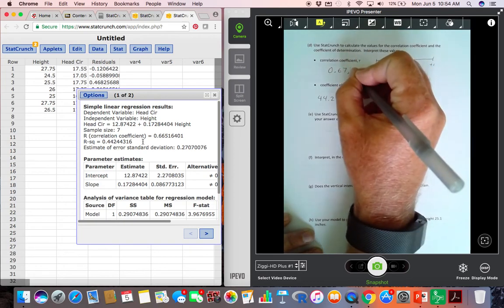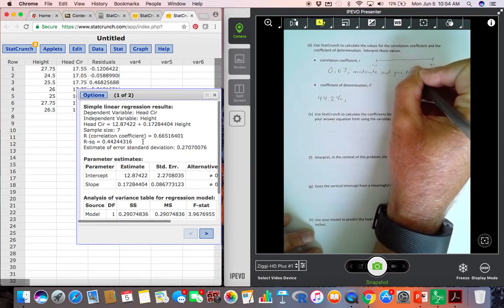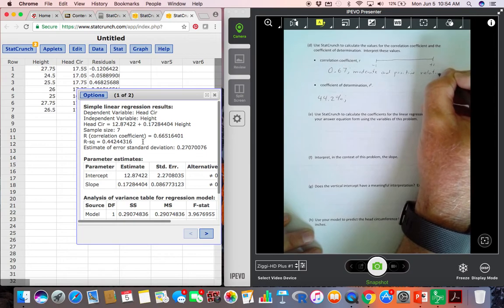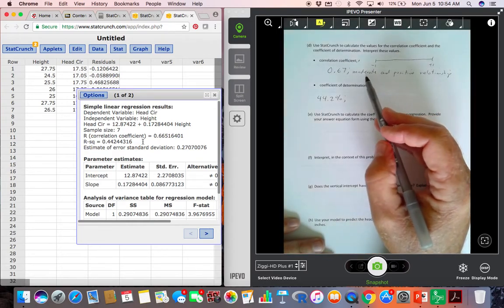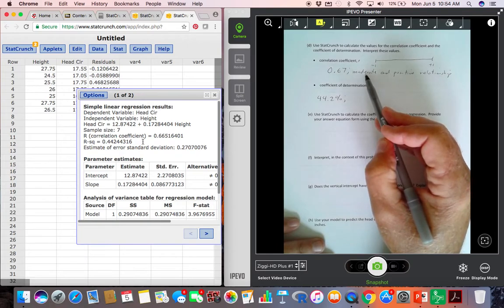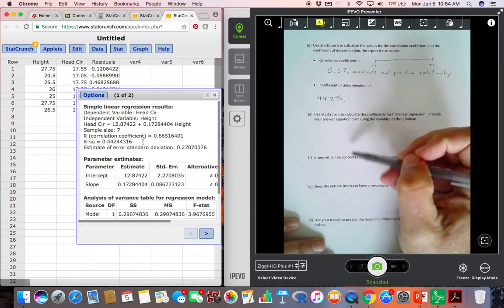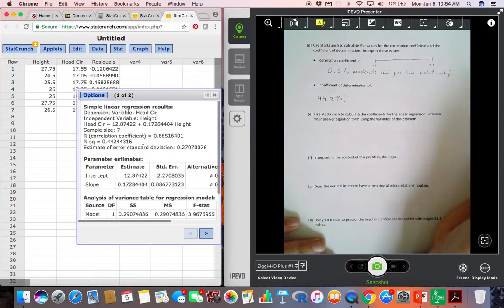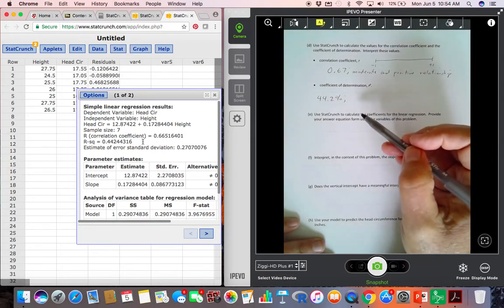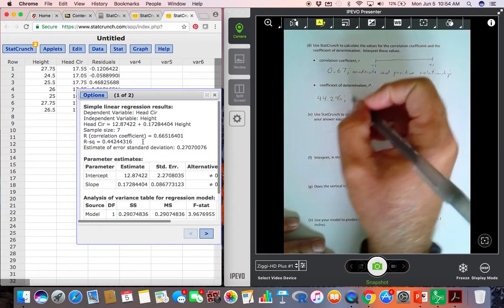But this tells us that we have a moderate and positive relationship. So maybe not as strong as we would like, and I think that one kid is actually keeping this from being stronger and making it a moderate relationship. But nevertheless, we have an adequate model here, an adequate relationship where we can explore the linear regression model that can be used to predict the head circumference from a kid's height for future subjects, for future patients for this pediatrician. Now, the coefficient of determination r squared tells us that